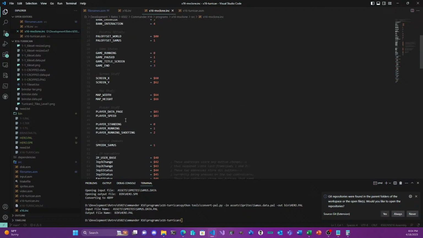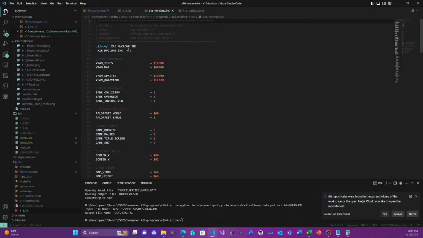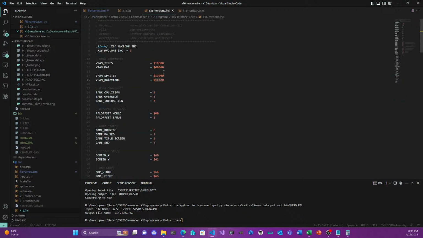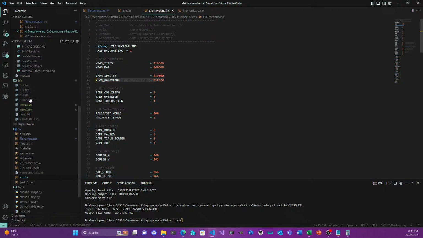This is a test thing I was doing to try and port the Metroid code. If we look here, I did a VRAM palette 01, I did 1FA20 because the original is 1FA00. So the next logical one would be 20 because there are 16 palette entries. So let's set that and see if that works. So we'll copy this from this code, and I will set that in my